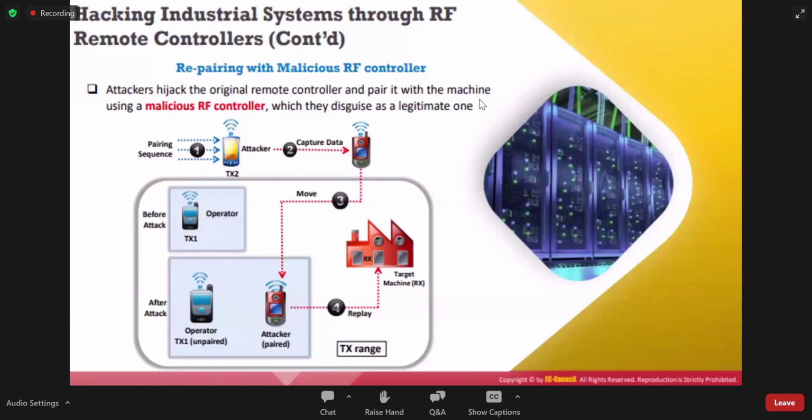Before any command is taken care of, there should be a handshake kind of mechanism. The packet will be transferred, and then it will be acknowledged by the target machine, and a session will be started. Just like pairing a Bluetooth device, that's it. Instead of a Bluetooth device, here it is an RF remote. Okay, let's go further.